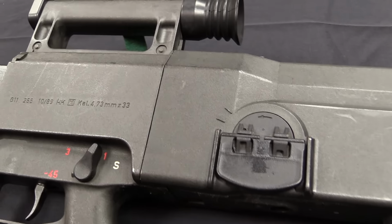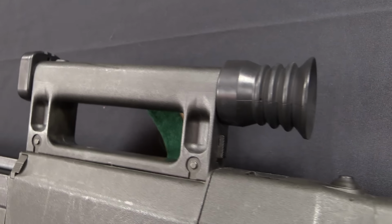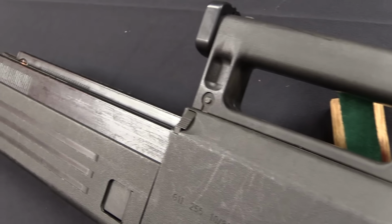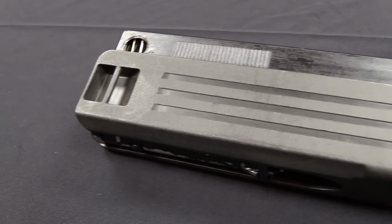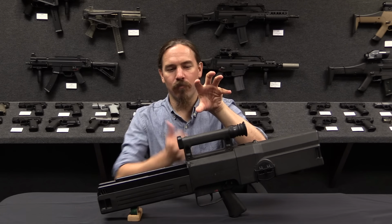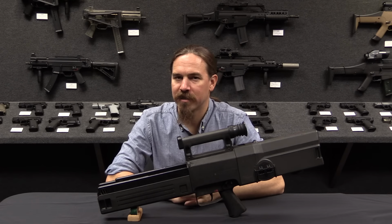On HK's side, they went through a couple different locking mechanisms. Not surprisingly, one of the very first prototypes was actually a roller delayed system. That was HK's bread and butter, and they originally tried that for what would become the G11. That didn't end up working out. Ultimately, what they went with was a very interesting drum bolt, where the bolt rotates, but not in the way we're normally used to thinking, where it rotates to unlock. Instead, this was a drum firing this direction that rotated like so,